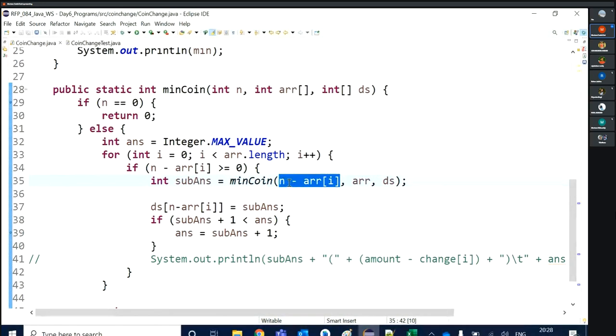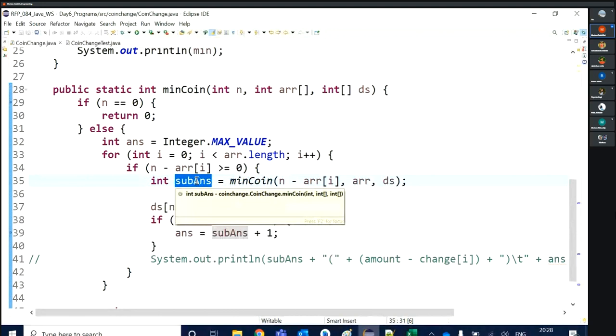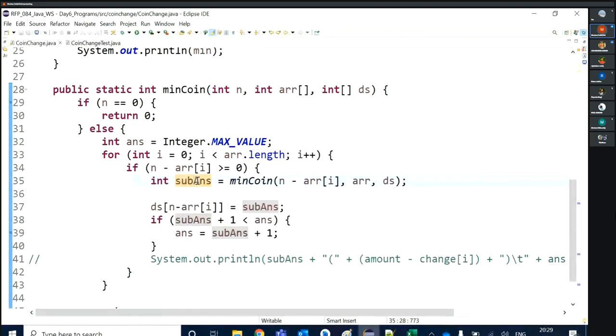So minimum coin of 11, I'm getting the answer into the sub answer variable. So that sub answer I'm storing in the array at index 11. Clear?